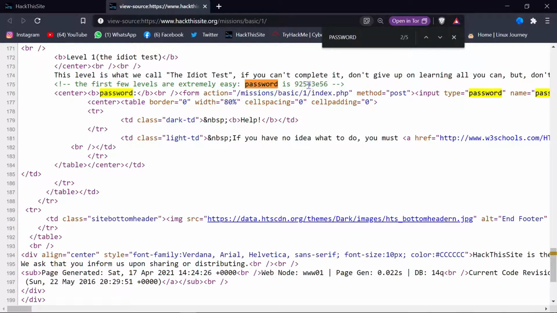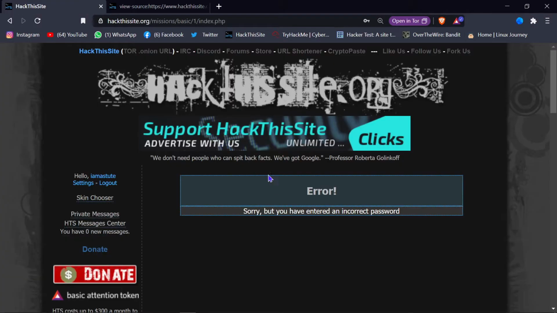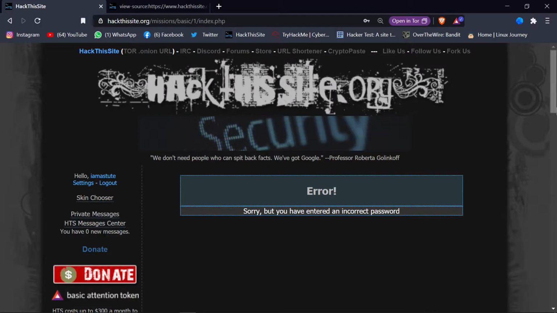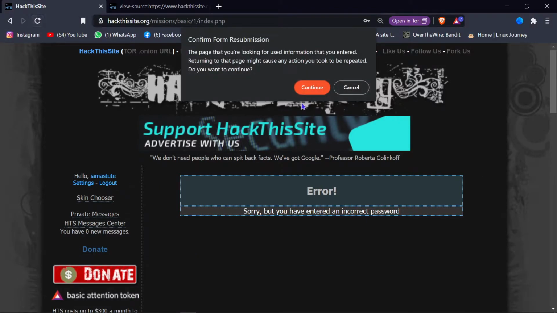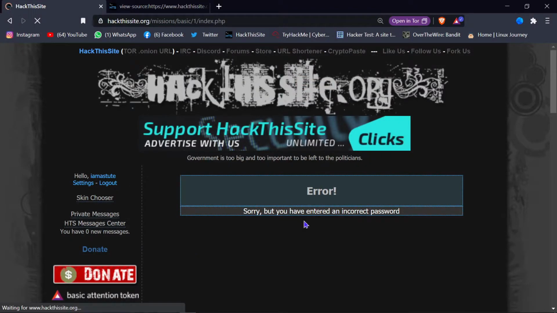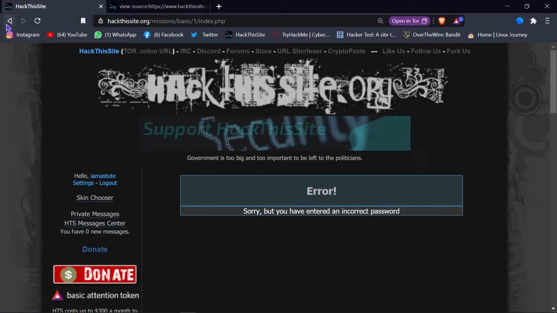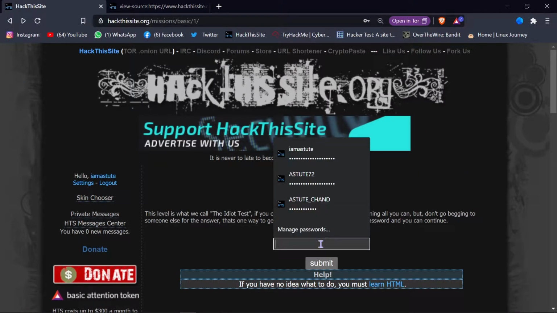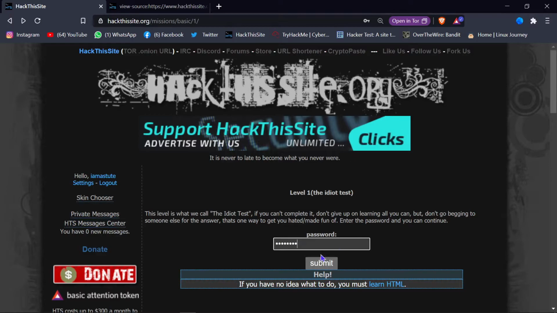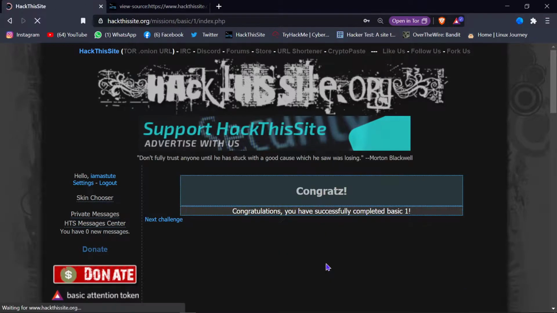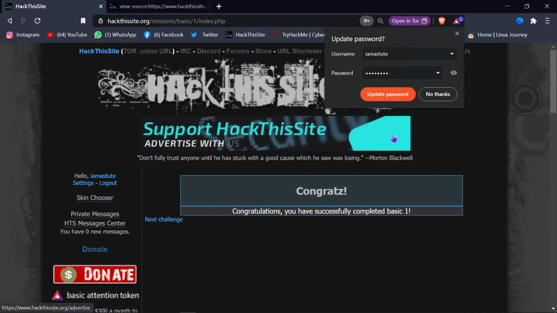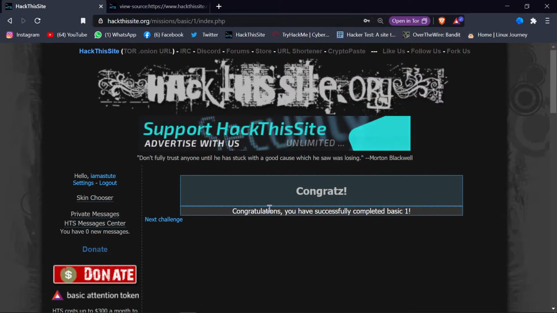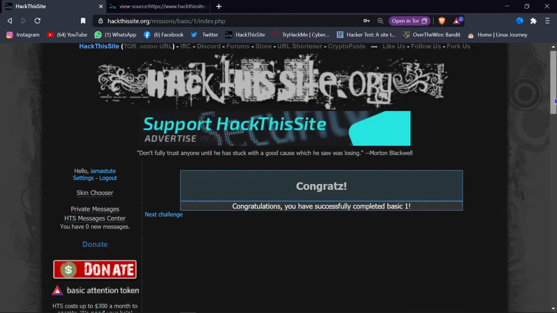Or I'm copying the wrong thing. Let me copy again and paste, continue. Enter the password, paste, submit. Okay, now it's done. I guess that was a bug or something.